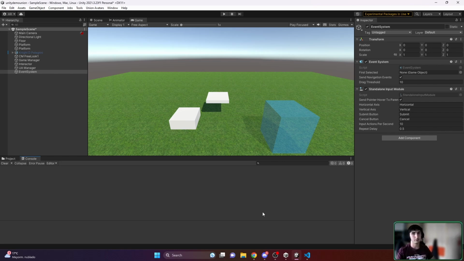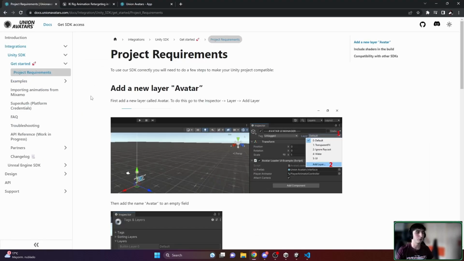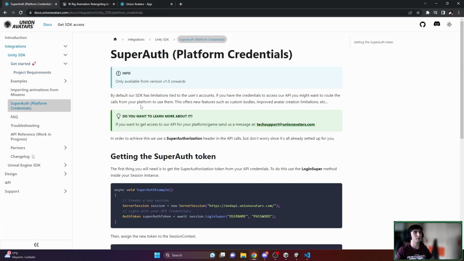We're running a little bit out of time, but I will run very quickly over the platform credentials because it's something that I wanted to explain. It's also here in the documentation. So if you're a platform that has